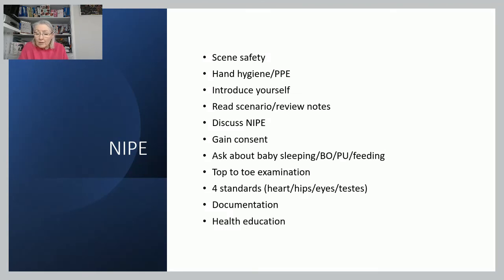Before you actually start, ask about how the baby's sleeping. Has it had its bowels open? If so, what colour is it? That will give you an idea as to where we are. If we've got a changing stool already, then that baby is clearly getting quite a lot of feed through. Has it passed urine? How's the feeding going? You can talk to her about